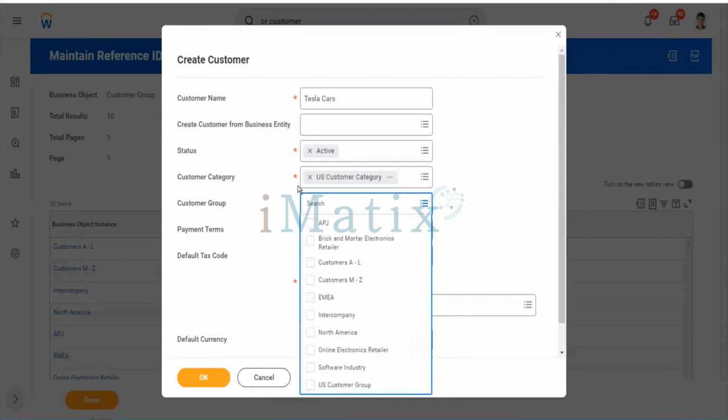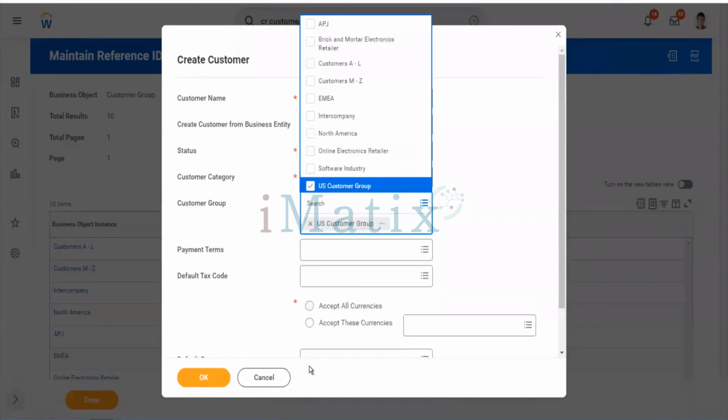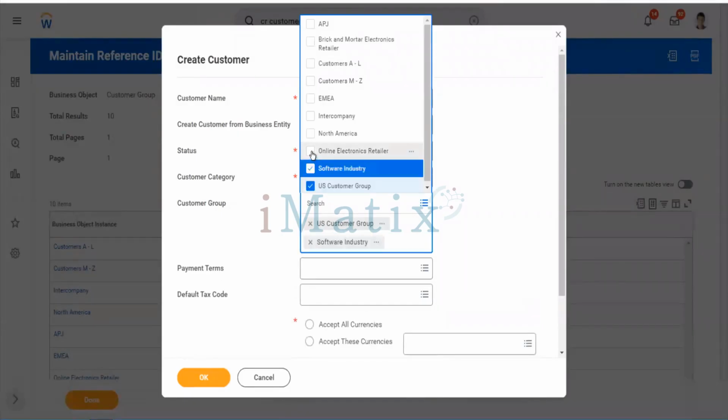This is a mandatory value, and you cannot have more than one value here. You can have only one value here. But if you go to customer group, you can select multiple values here. There is no such restriction on the customer group.